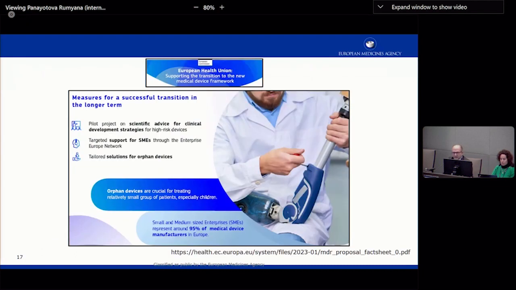This is in line with what is now called the new policy of the Commission for supporting the transition to the new medical device framework. And you can see here that this pilot project is highlighted as one of the measures that the Commission is promoting to help with the development of these high-risk medical devices. Also, the specific support to tailored solutions for the development of orphan devices is mentioned here